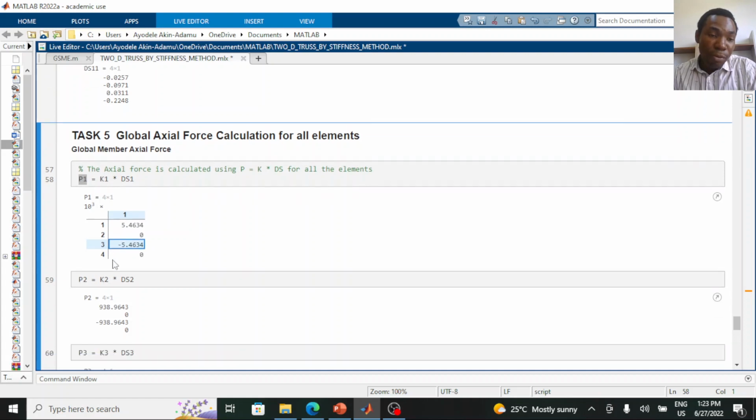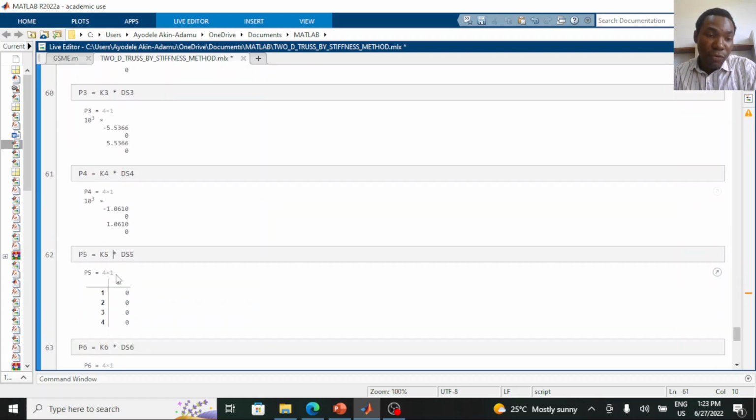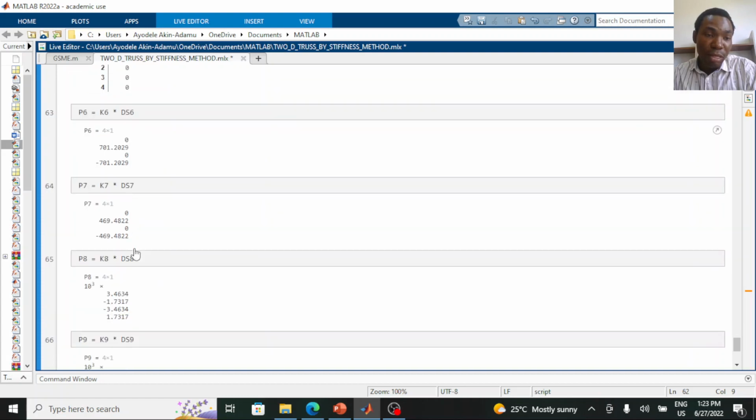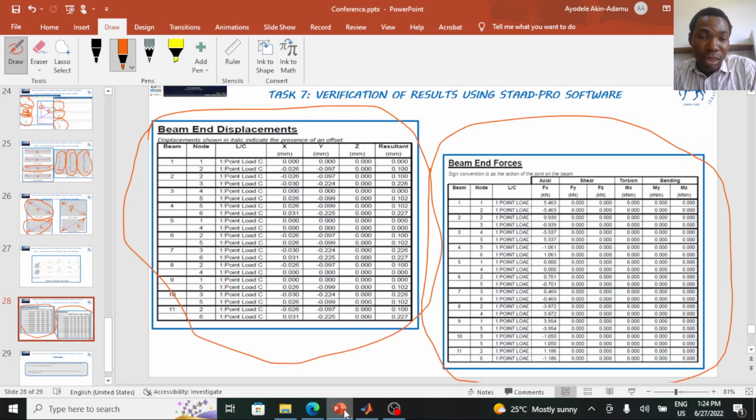So you do this for P1, P2, P3, P4, P5, P6 to P11 to compute the axial force in the x and y direction for each element. The axial force vector for each element is a 4x1 matrix, as you have seen. So once you do this, you can interpret this